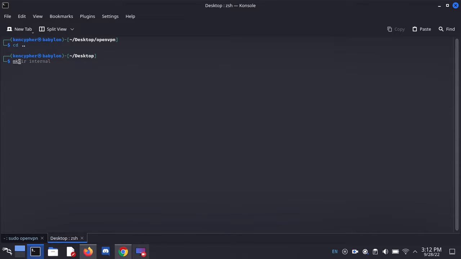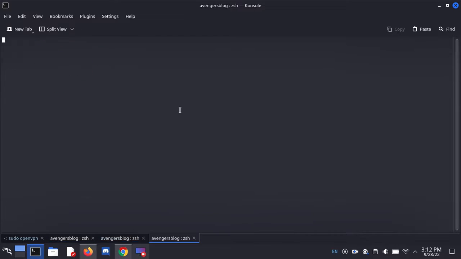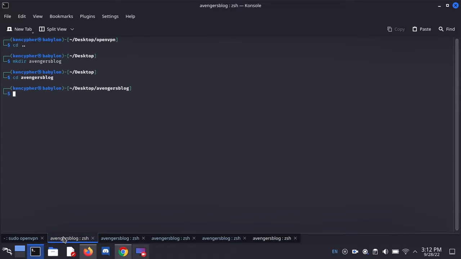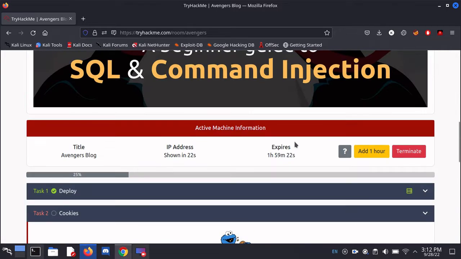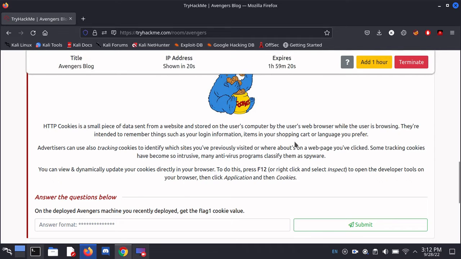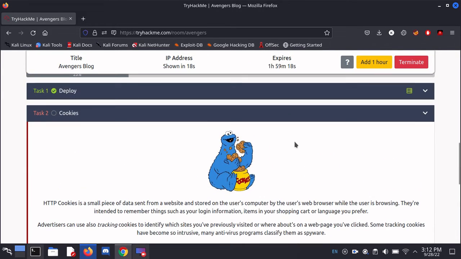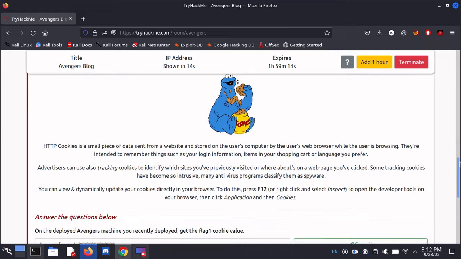Well, it's loading, so let's make a directory Avengers Blog, and I'm just going into Avengers Blog, and then I'm going to create some tabs so I can do multiple things at once. So, alright, our first task is cookies, and for those who don't know, an HTTP cookie is a